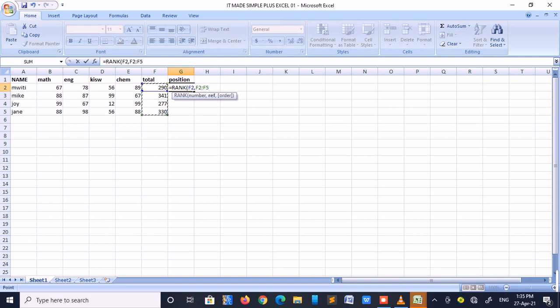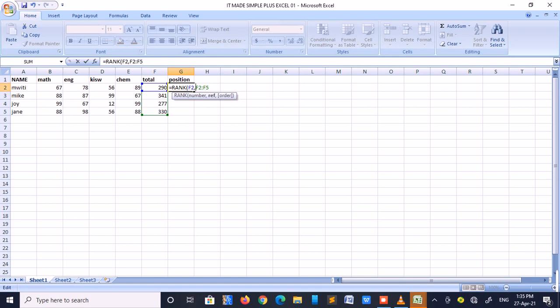Then after that, in order to ensure that the student with the highest mark is the student who will be number 1,